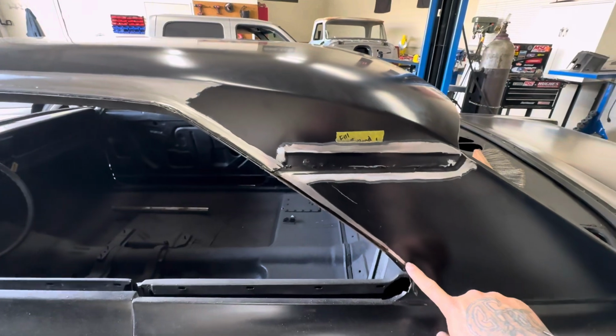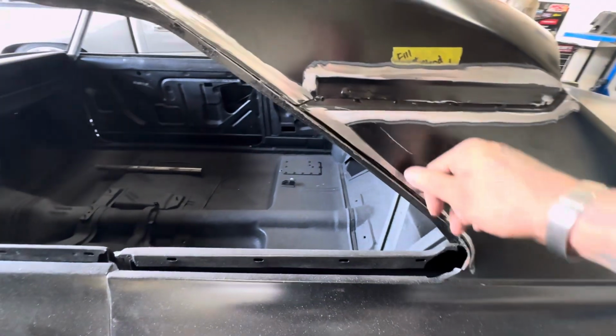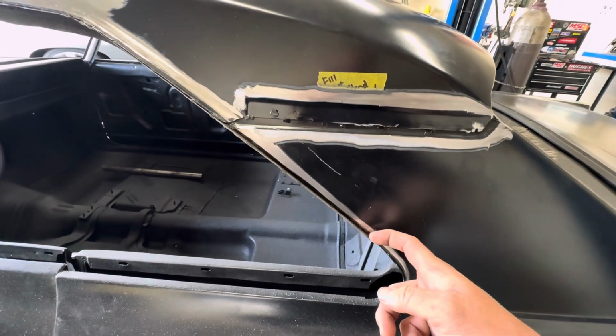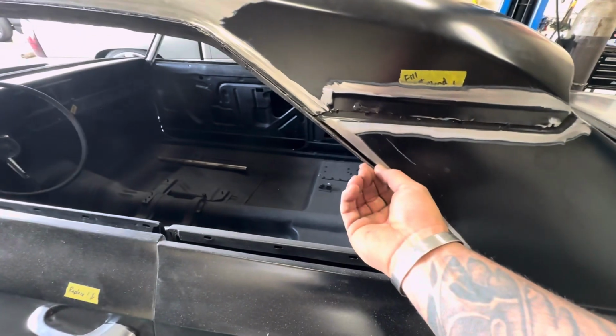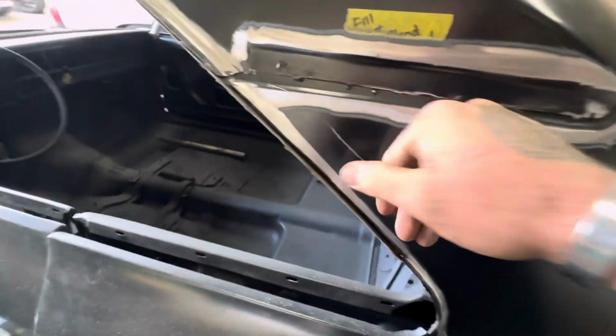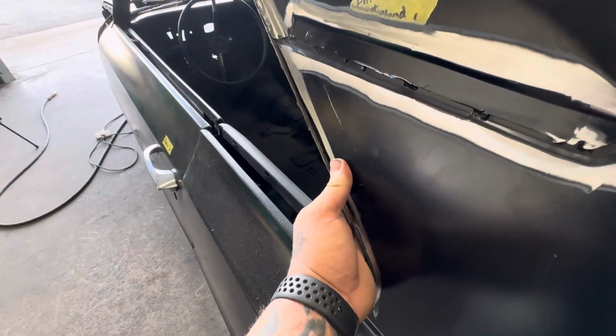When they replaced the body on this car, all the different patches and whatnot, this has a rail on it, a flange on it, so that way it can be welded to the inner part of the drip rail. Well, what happened here was this guy that owned the car previously cut it, and now you can see